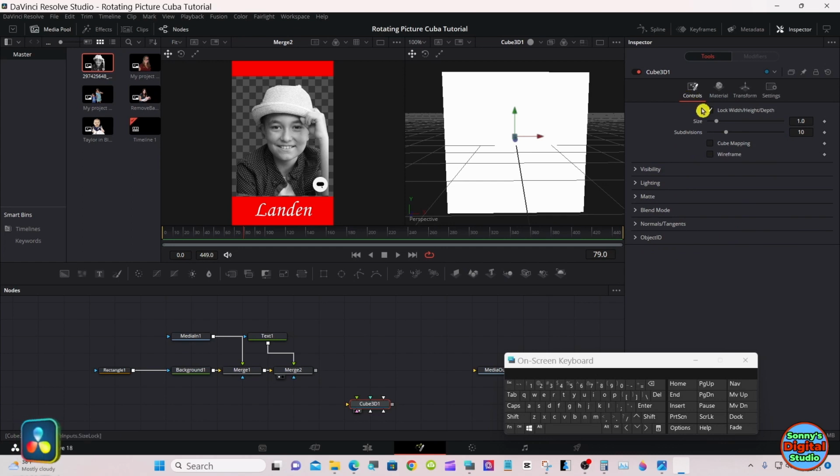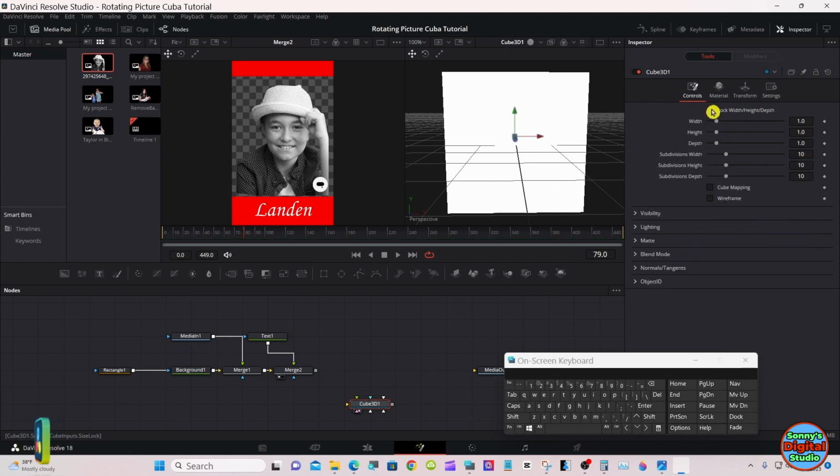Unlock the width, the height, and depth. And under height, put 1.5.